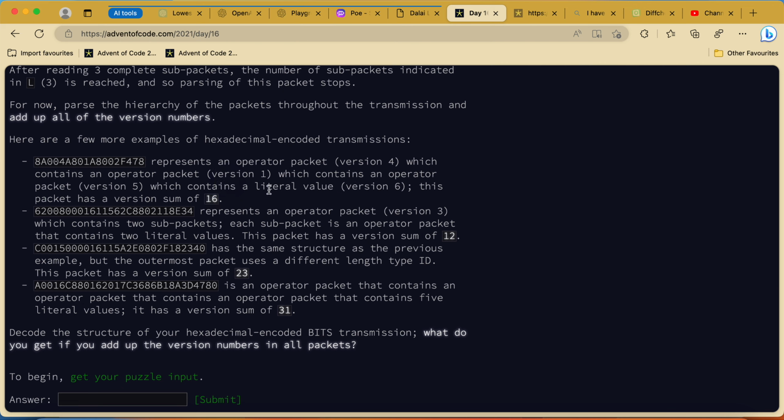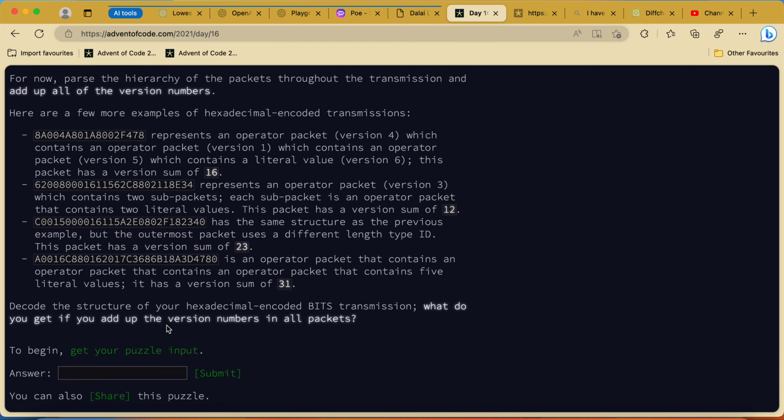I need to get their versions. So to say, once I have a packet version 4 which contains operator packets, etc., I need to sum up all of them.